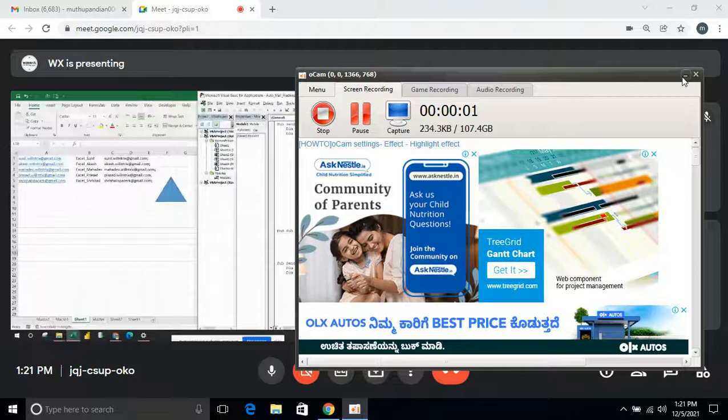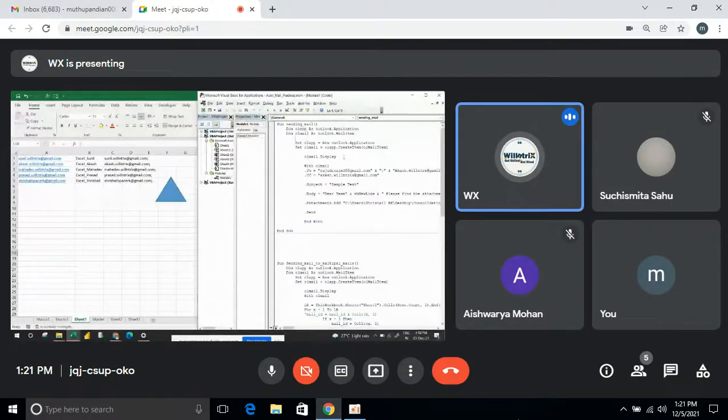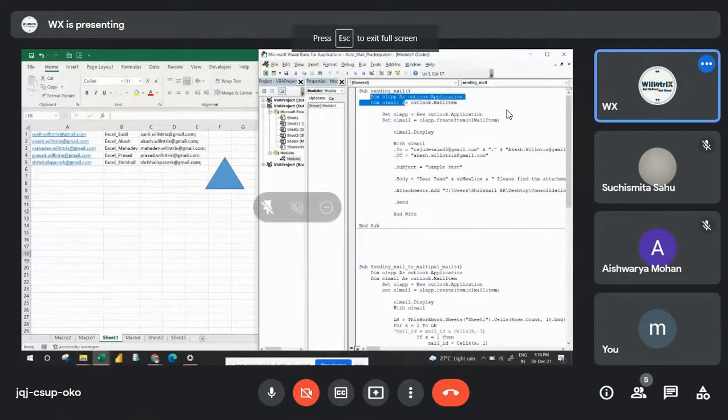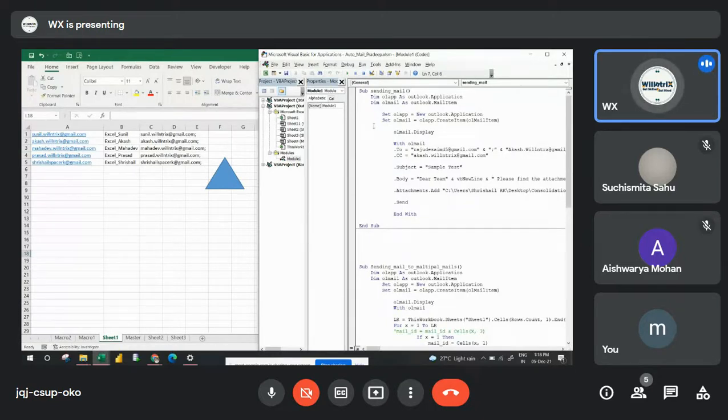First, we need to run and check that code and see what it will do exactly. Here, first I will define the variables. When you want to run this code on your laptop, you should connect your email ID to Outlook. You have to configure your email ID in Outlook, and only then will this code work.